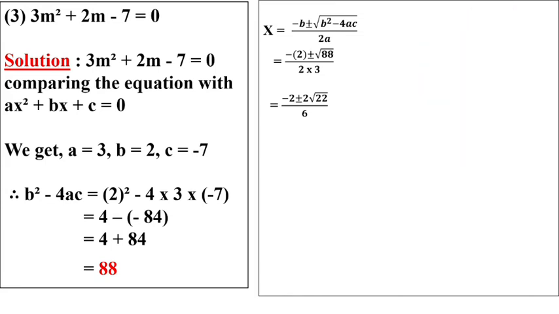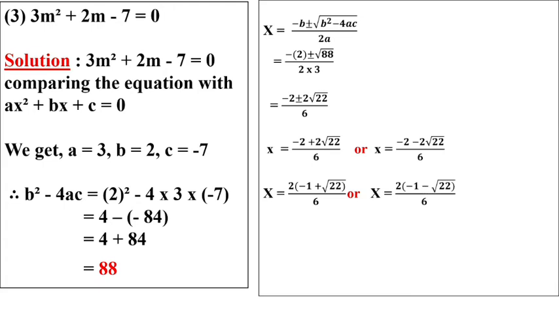2 3 is a 6. Now in the numerator we have minus 2 plus minus 2 under root 22. We will separate this in the positive and negative. So minus 2 and plus 2. Common what we have? 2 over here. So we will take 2 out. The 2 table, minus 2 is coming how many times? Minus 1, plus 2 is came out. What is remain? Under root 22 upon 6.